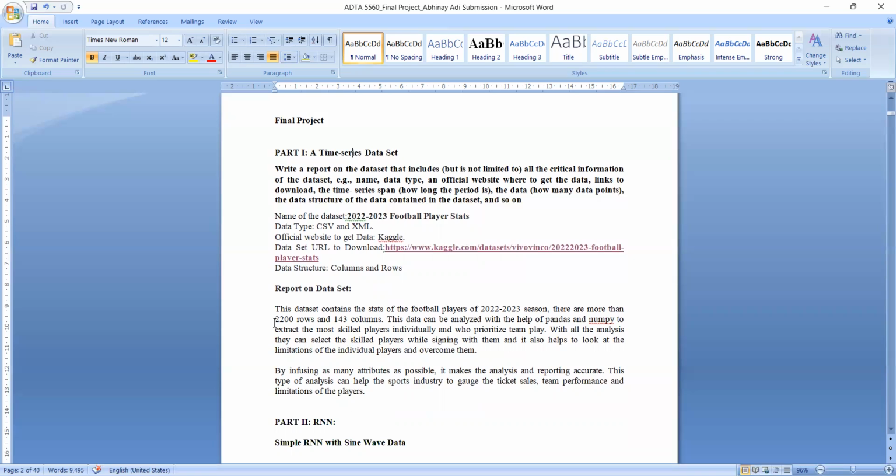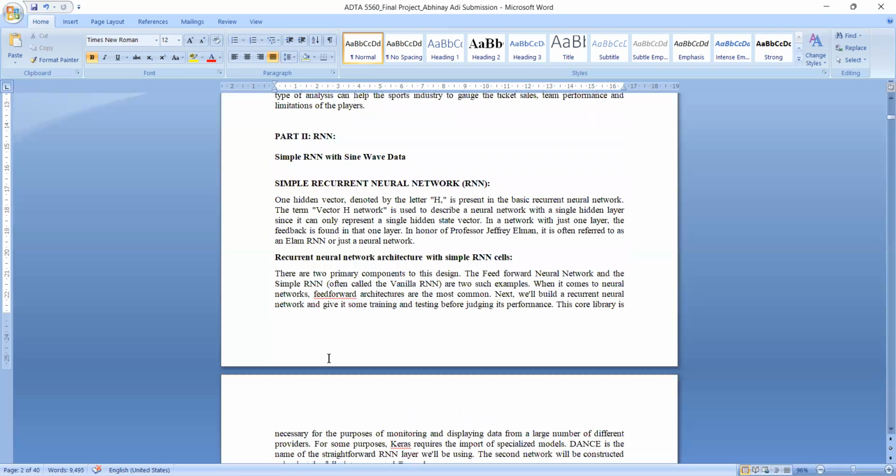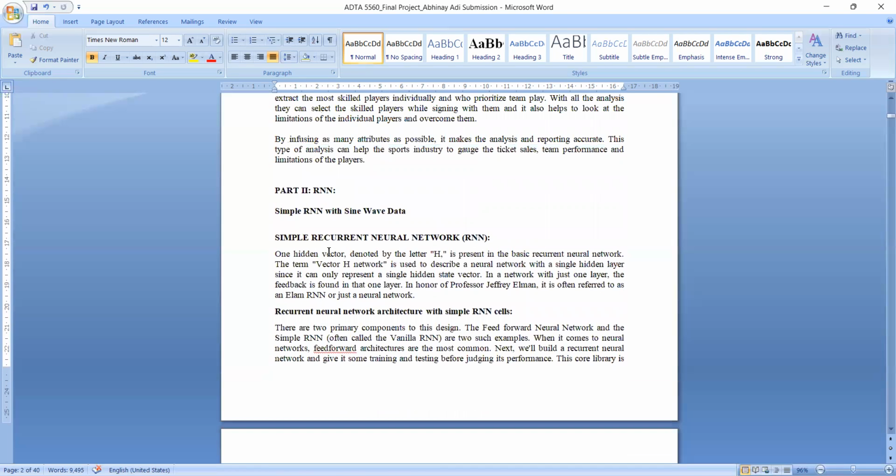team. And we are also going to use the data to improve other business performances, like to increase ticket sales and so on. So this is going to be a big process, and I'm going to explain each step in detail in the next 20 minutes. Coming to part 2,